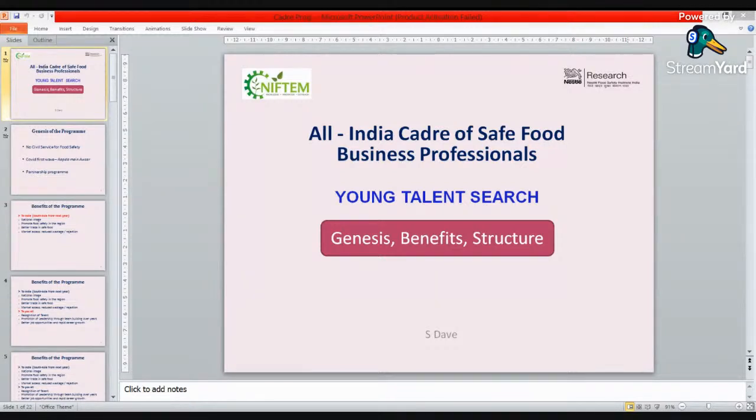So let's see what is the benefit of this program. First of all, to India. India, our country comes first. Our country comes before us. Always remember this. And this year, this program is for India, all India. Next year, it will be South Asia competition. This year, it is all India competition. Why? Because of a lot of food products exported by India and by countries in our region, whether it is Bangladesh or Sri Lanka or Pakistan or whichever country, a lot of our food products get rejected.